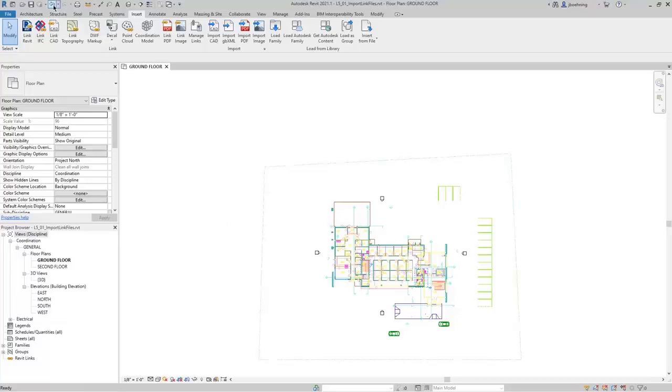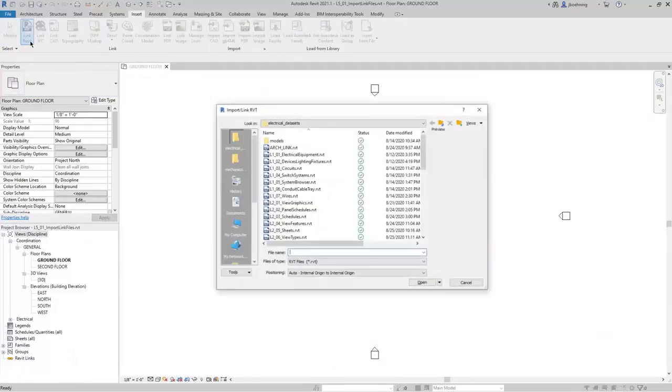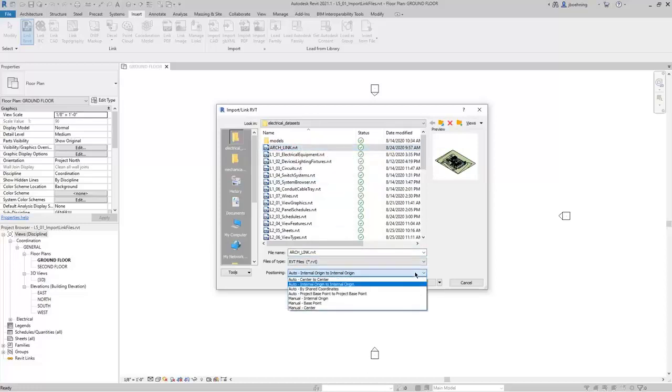I'll click Undo, and then we will take a look at linking Revit models. So once again, on the Insert ribbon in the Link panel, click Link Revit. And I'll select the archlink.rvt file. And when you're linking Revit models, there's really just one option other than selecting the file, and that's controlling the